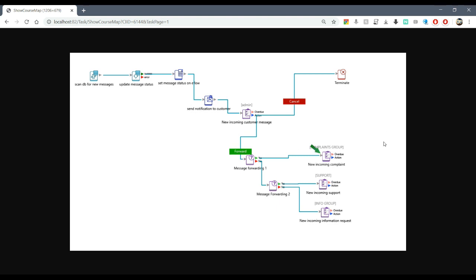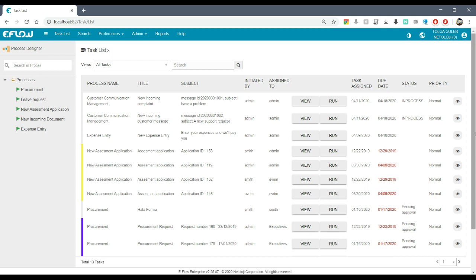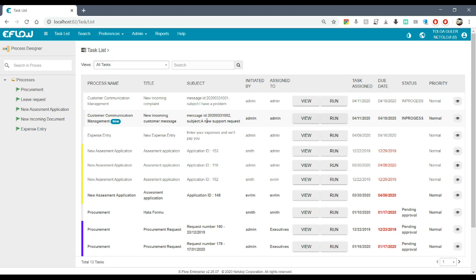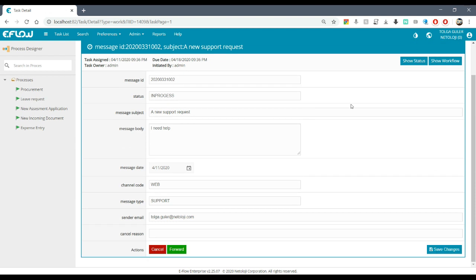It's actually the same picture as the designer. You can see where you are. If you go to task list, finally the second support message is here, new incoming customer message and new support requests. Let's get into it, and if we forward it,